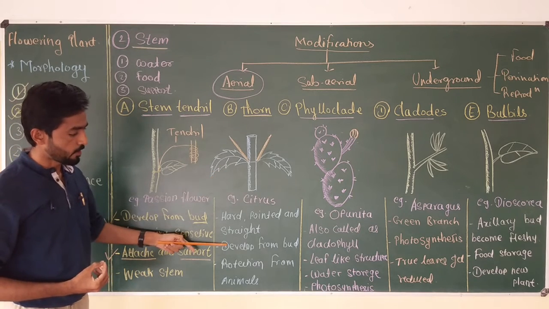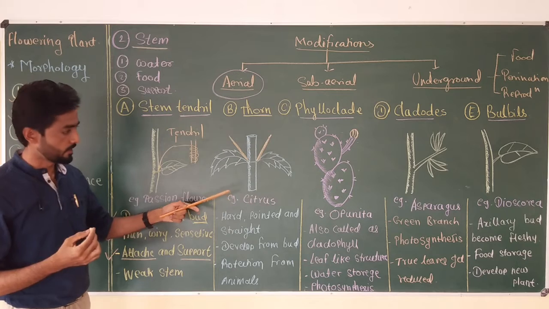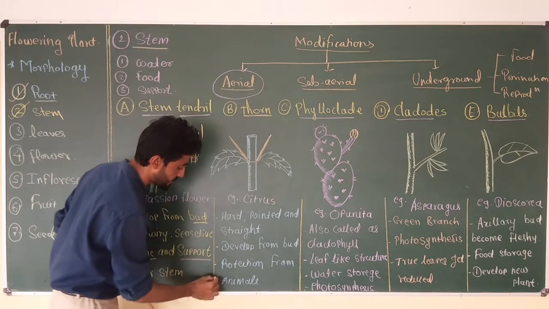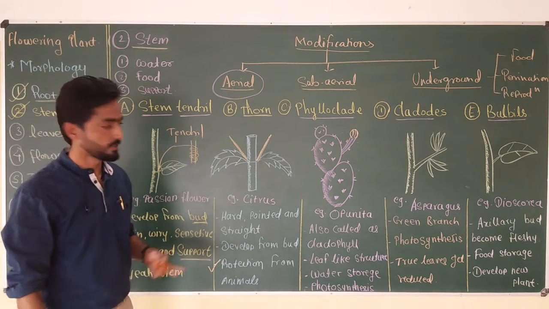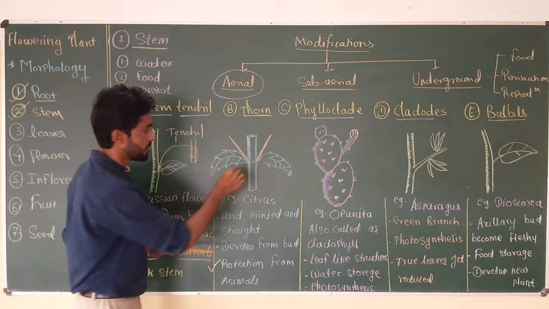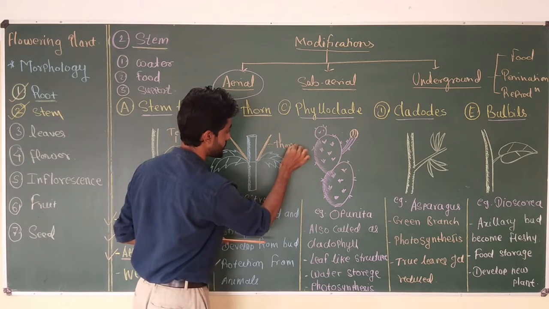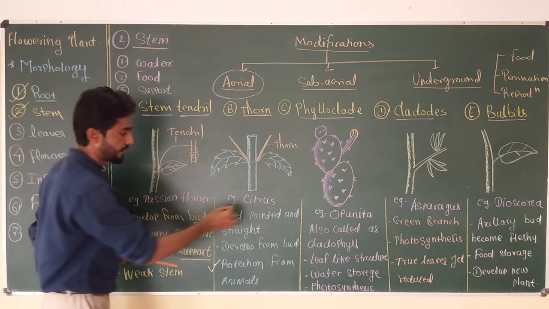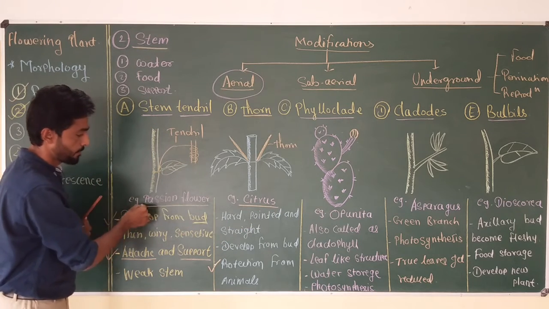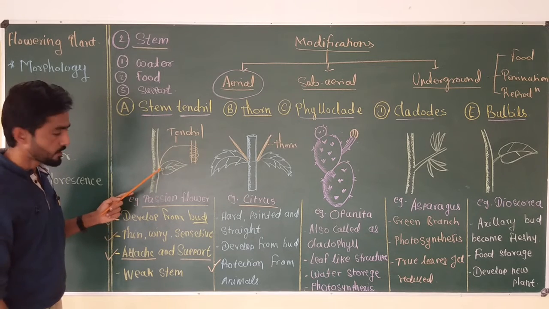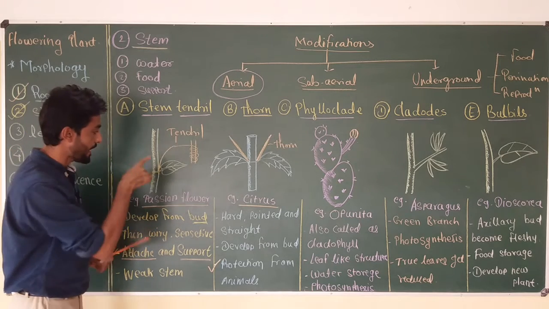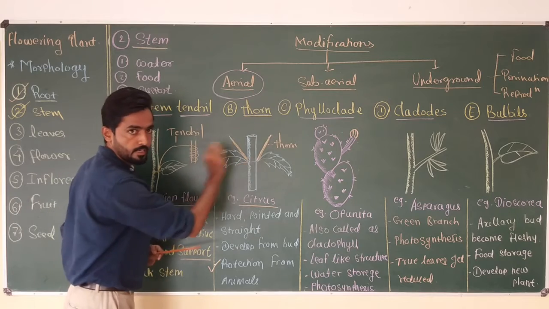That means they always develop from the axillary bud or any other type of bud, and the main function of the thorn is protection from browsing animals. The thorn plays an important role in protecting the plant from browsing animals, and it is a modified form of buds. They are present in plants like citrus, while stem tendrils are present in plants like passion flower. As I told earlier, both these types of modifications occur due to a change in the structure of the axillary bud, which is present at the leaf base.